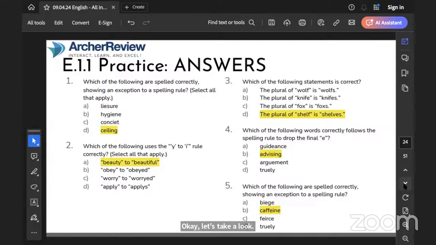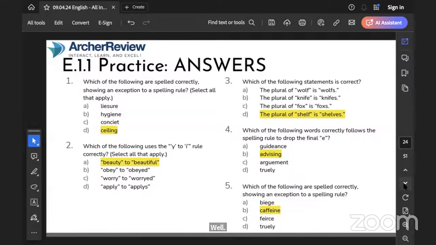So with number 1, which of the following are spelled correctly? So we're looking for a word that's spelled correctly, but it has to show an exception to a spelling rule. And it says select all that apply. However, this one actually only had one that was correct. So it has to be spelled correctly and it has to be an exception to a rule. Well, leisure